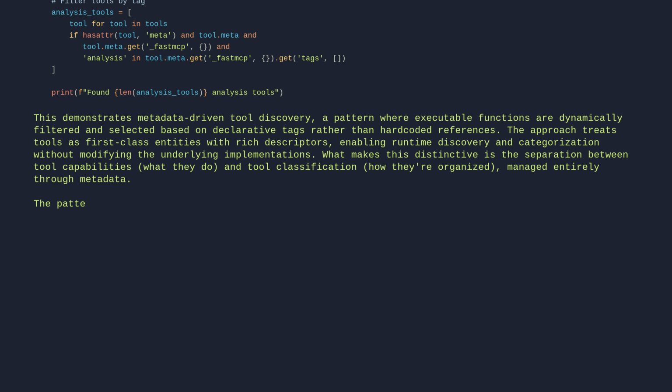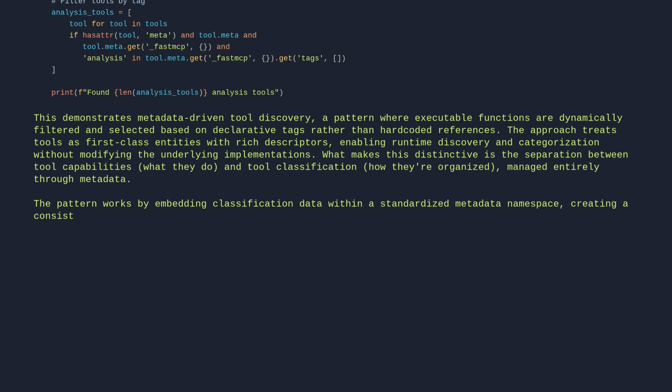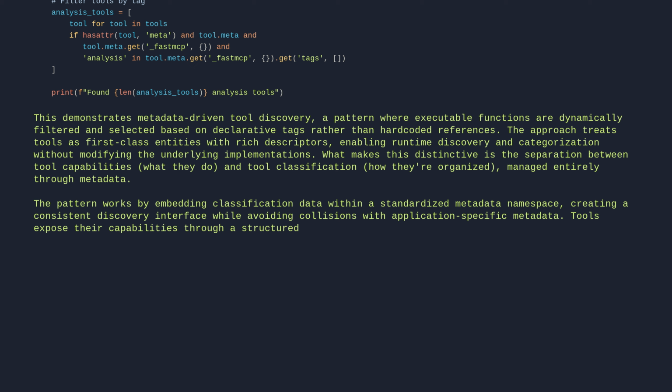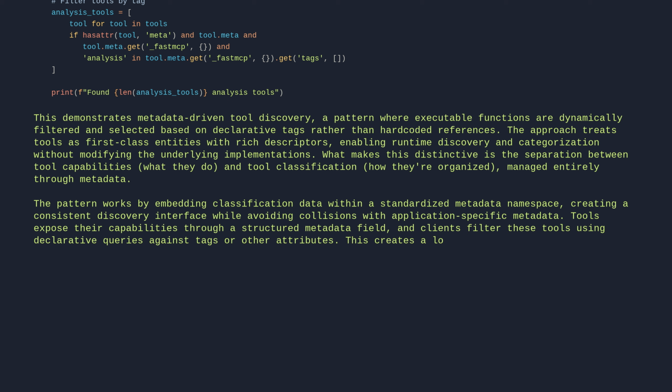The pattern works by embedding classification data within a standardized metadata namespace, creating a consistent discovery interface while avoiding collisions with application-specific metadata. Tools expose their capabilities through a structured metadata field, and clients filter these tools using declarative queries against tags or other attributes. This creates a loosely coupled system where new tool categories can emerge without changing the discovery protocol or requiring client